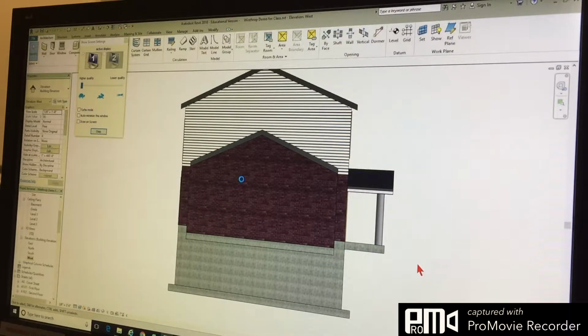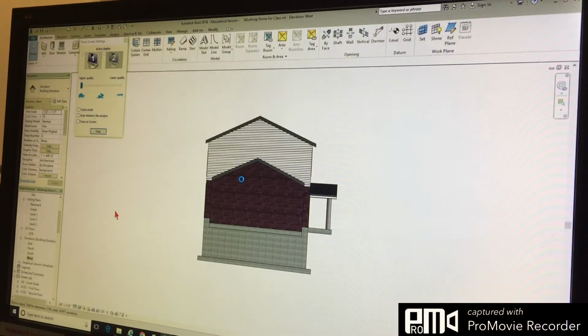Now the thing I want to talk about here is how to make stairs. That's actually kind of a big deal, all right? Now stairs are actually